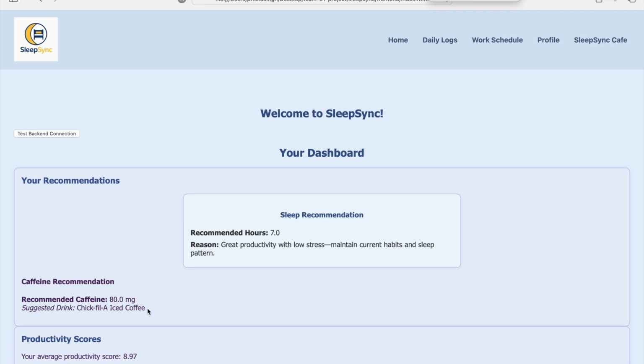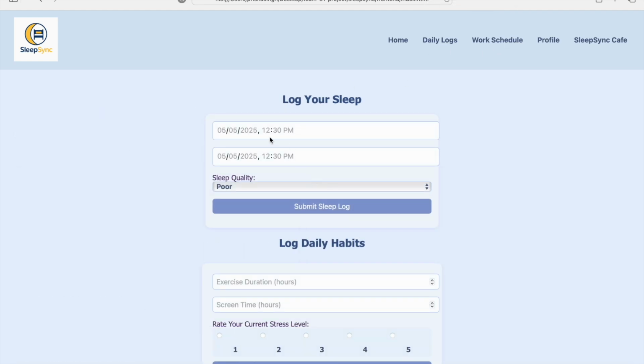Next, we'd like to showcase our stored procedure. So you can see here, I'm originally being recommended 80 milligrams of caffeine, probably because I had a fairly good night of sleep. But let's say I input a really poor night of sleep. So I only slept 2 hours from 1 a.m. to 3 a.m., and I log it to be a poor night of sleep, and I submit that,